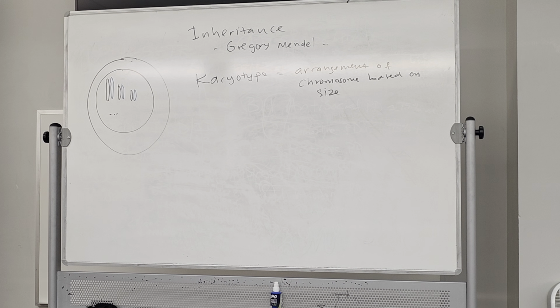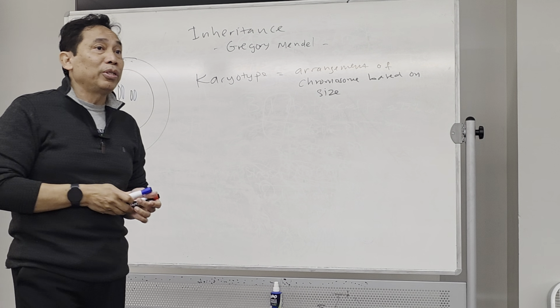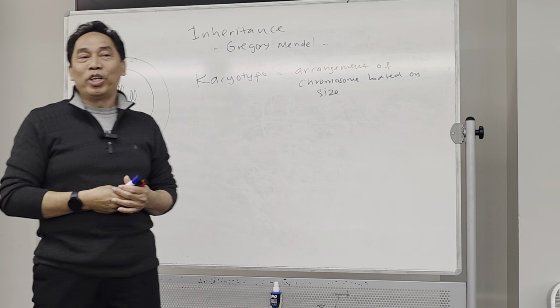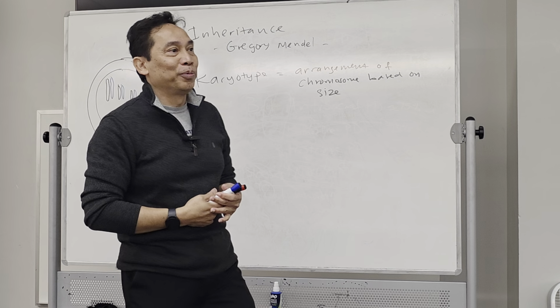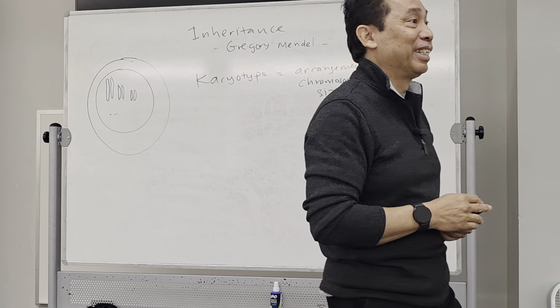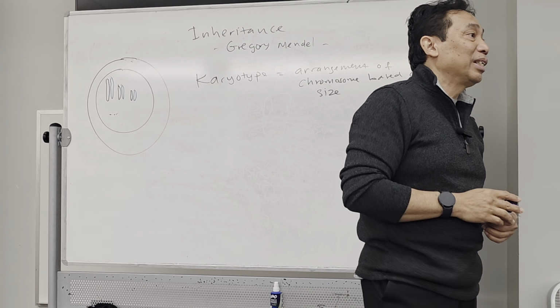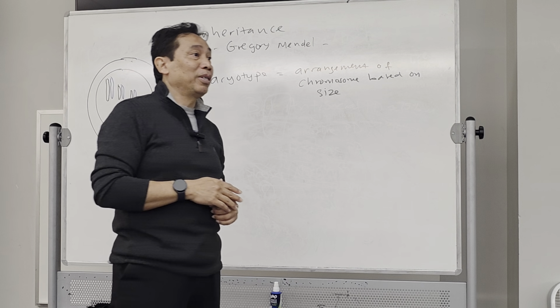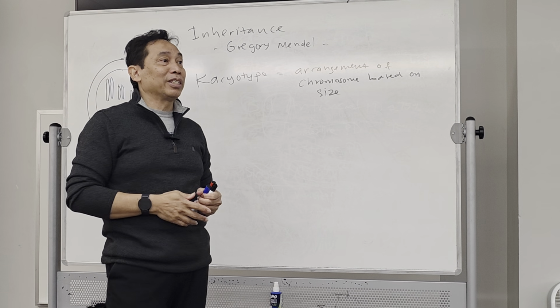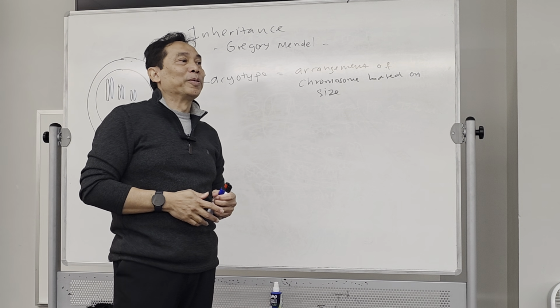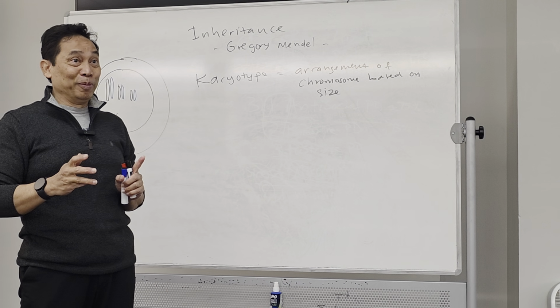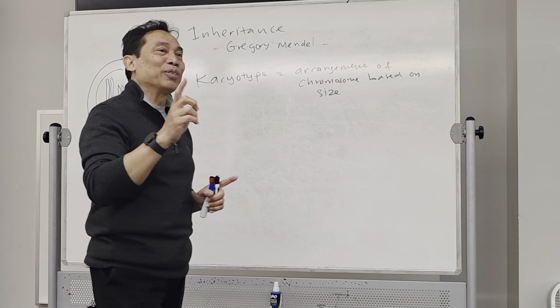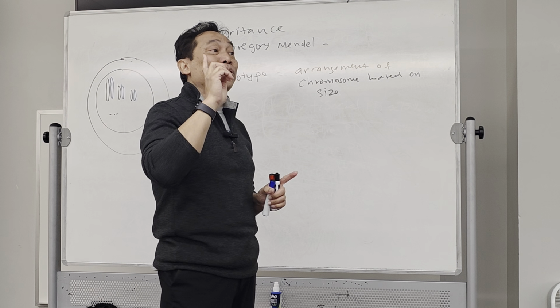Now, if it is based on the size, the question is, which one do you think is the shortest? Which pair will be the shortest chromosome? Ethan? How many pairs are there? 23 pairs. Total 46, right? Which one is going to be the shortest pair? The last one? 23? Yeah. It's actually incorrect. The shortest one will be pair number 22.